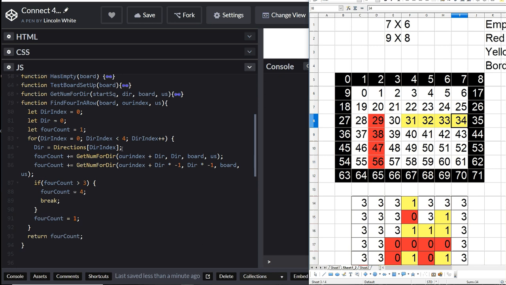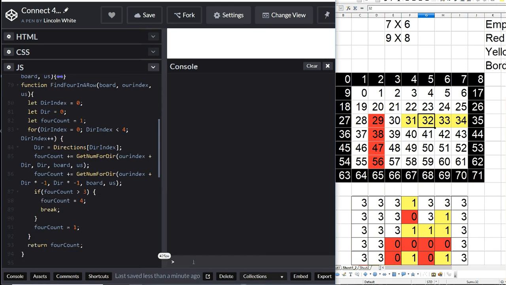For instance, if I'd done it at 33, one of them will find 1, because it will start at 34. The other one will find 2, because it started at 32. When you add them together, it comes to 3, and the count started at 1, so it will be 4. So this way, in one loop, we can check both directions. So I'll demonstrate it now. If I set it to 33,